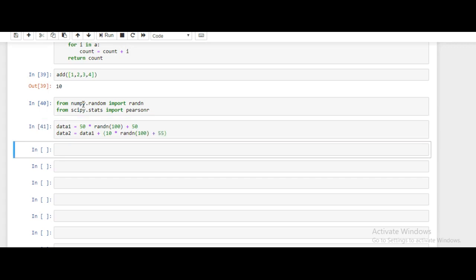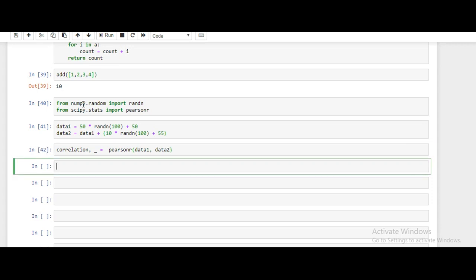Now that the two data are created, I'm going to pass them to Pearson R, and I'm going to store that in a variable called correlation. So here I'm going to call the Pearson R method, and pass data1 and data2.